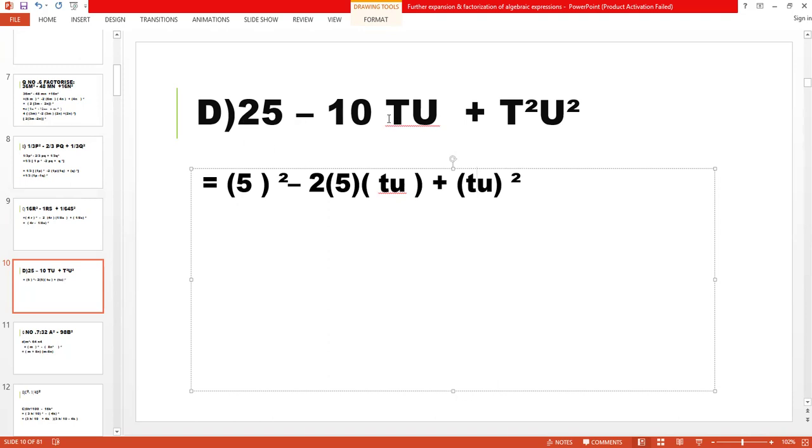देखिए, फर्स्ट टर्म स्क्वायर माइनस 2 फर्स्ट टर्म सेकंड टर्म प्लस सेकंड टर्म स्क्वायर। और हम इसको कैसे लिखेंगे? हम इसको लिखेंगे सेम एज वी हैव ऑलरेडी डन। फर्स्ट टर्म दैट इज 5, and then we have to put this negative sign because in the center we have negative, and that is tu, and then we have to take its whole square. That is part D of question number 6.